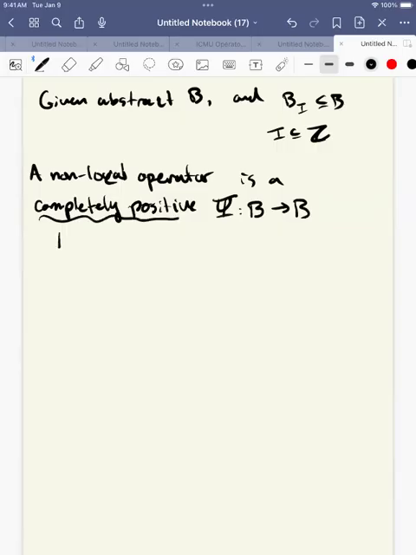So this means that if I take phi tensor the identity on n, from B tensor the matrix algebra over C to B tensor the matrix algebra over C, so in other words, I tensor on some ancilla, and I take this map that's mapping from B to B, and I think of it as mapping from B tensor my ancilla algebra to B tensor my ancilla algebra, this should take positive operators to positive operators for all n. So this should